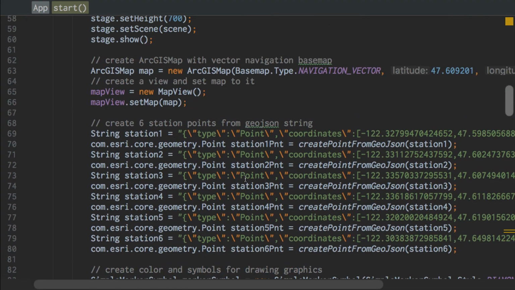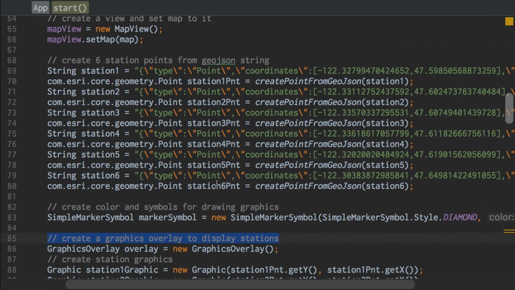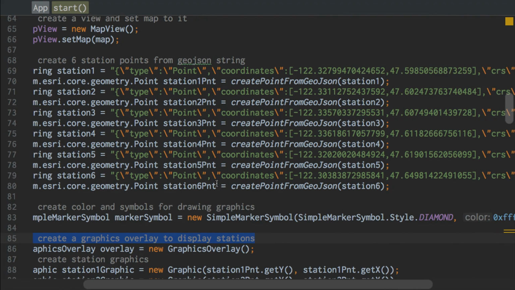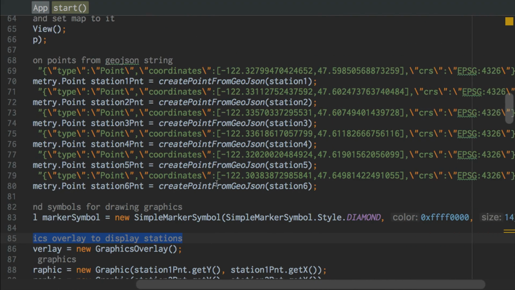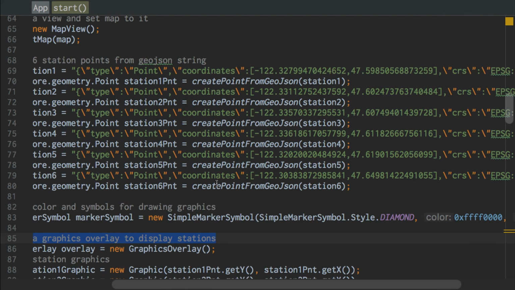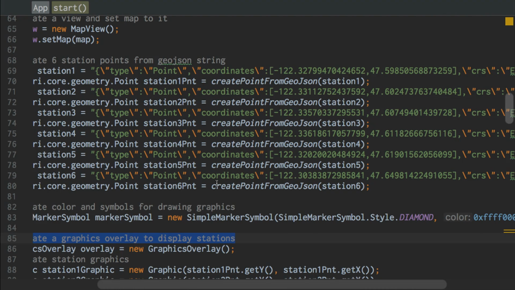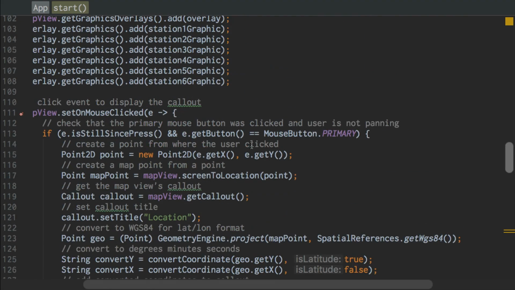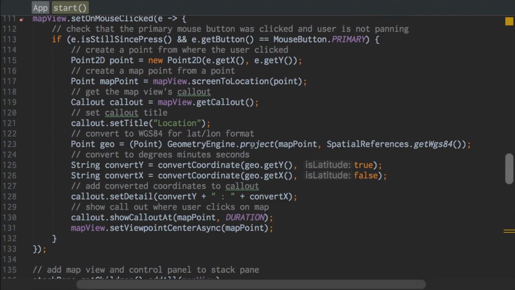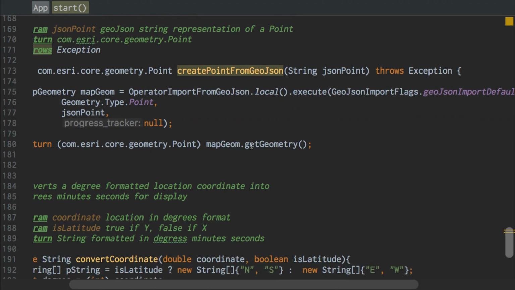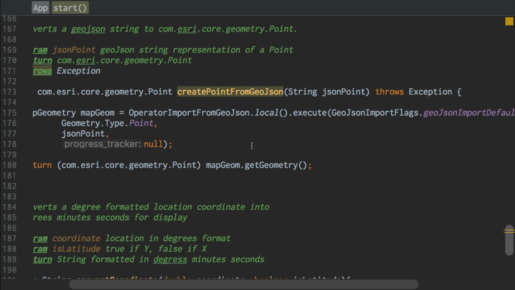Okay, so I did this in a simple way. If you were going to get a feed of GeoJSON points or something like that, you'd want to do it another way, but I essentially just created 6 station points from the city of Seattle as GeoJSON strings. And then I have a create from point from GeoJSON method down here that I showed you on the screen,